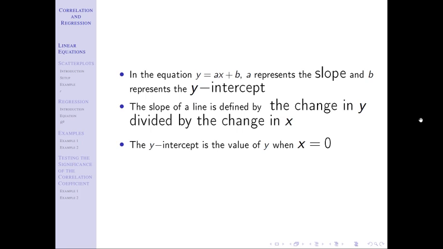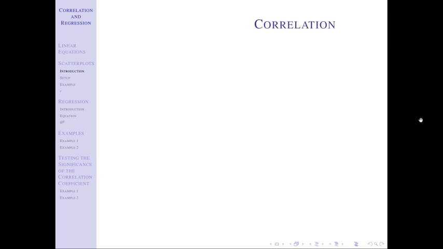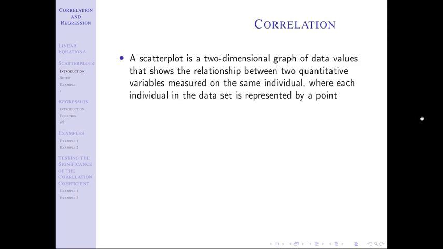The next section is titled scatter plots. Scatter plot is kind of just a fancy way of saying a graph that, again, you would have seen in algebra class, where you just have a bunch of points on a two-dimensional graph. Every single point is an individual in the data set. Notice, of course, when I say individual, I don't necessarily mean person. It could be an individual car, or an individual animal, or an individual tree, or an individual place. Okay, it's that there's an x value and a y value.